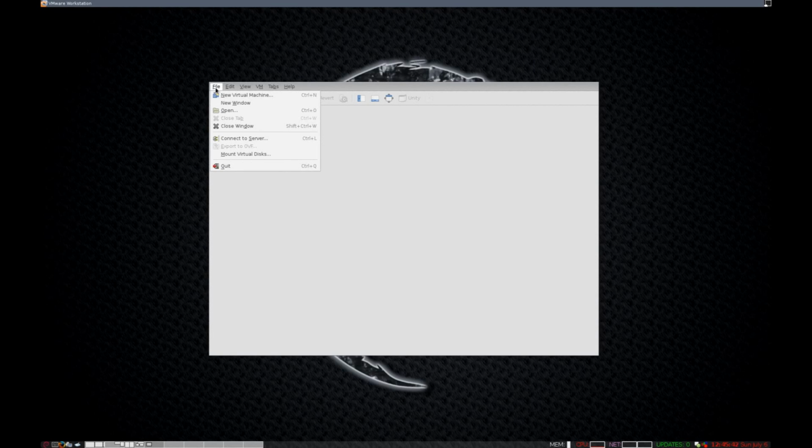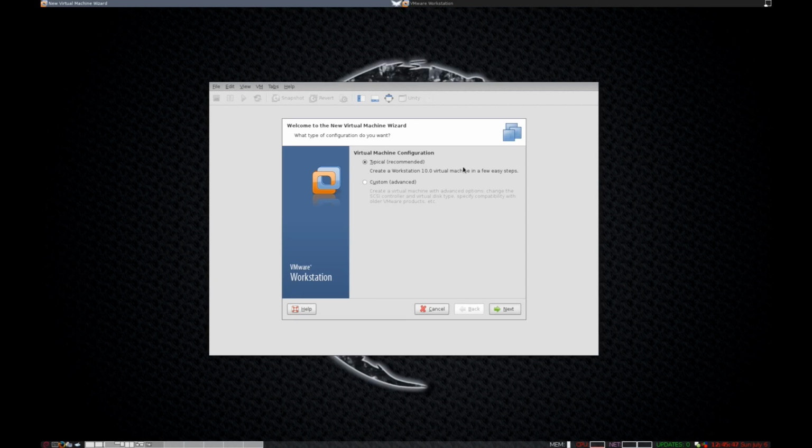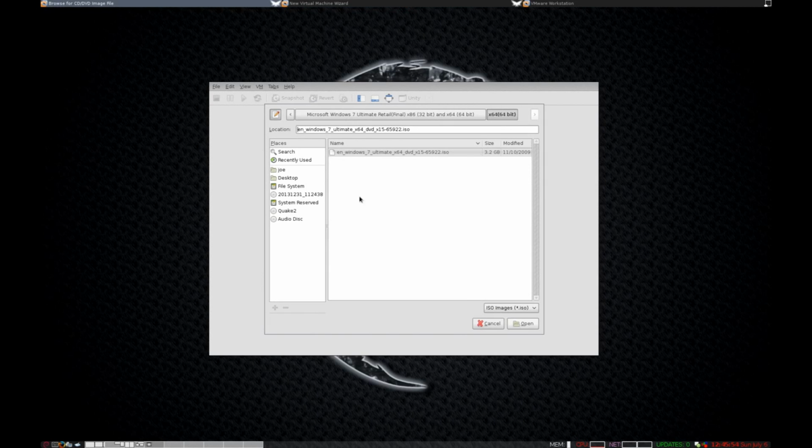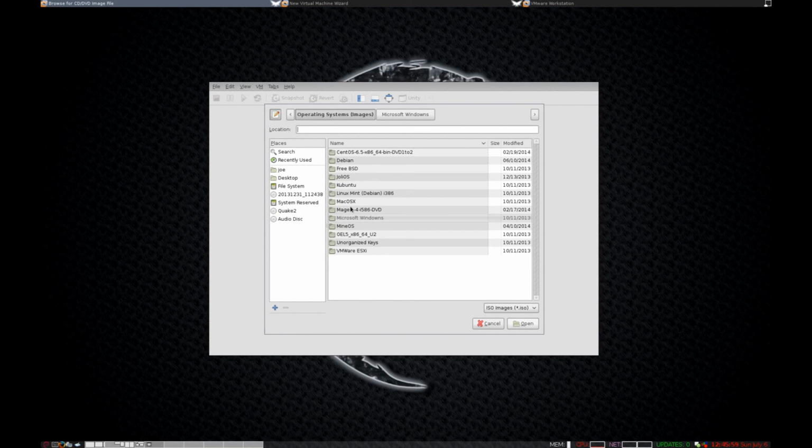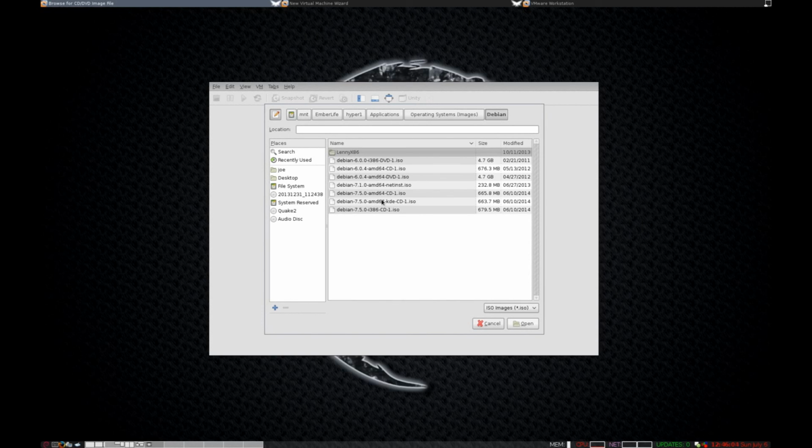So I guess I'm going to begin by going to New Virtual Machine. And we'll get the little wizard guy here. I'm just going to take typical. I'm going to point this at my Debian installation. So let's get this thing out of Windows here and into Debian, where we belong. There we go. Okay, so I have the KDE version, I have the standalone version, I have the x64 version, whatever. I have lots of different versions of Debian on here, as you can see. I'm going to choose the default one, which is Debian 7.5 AMD64